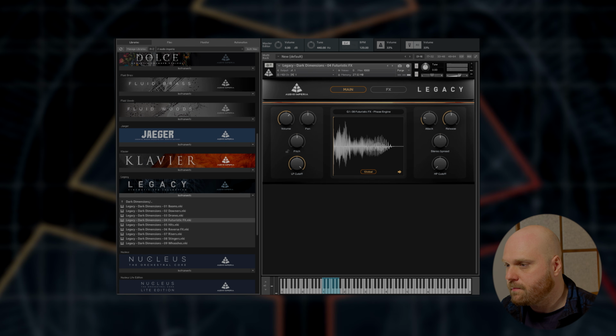So as you can hear, really modern, really impactful hits. They're great if you really want to mark down beats or really want to create big build-ups and then sudden drops or sudden hits into new sections of music. These kind of things are perfect. They'll cut through a mix. They will really add a lot of texture and a lot of aggression and a lot of impact to anything that you're working on. Now let's have a little look at some of the futuristic effects.